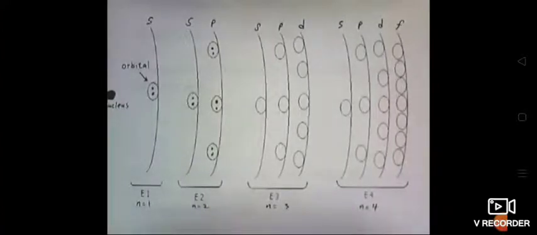So when you see that if n is 1 it contains only s orbital, if n is 2 it contains s and p, if n is 3 it contains SPD, if n is 4 it contains SPDF. If you see that in the first n only s orbital is there. How many electrons are there? 2 electrons. In the next energy level, n is 2, how many electrons are there? 6 electrons. 8 electrons should be there. Correct. Second, n equal to 2, contains 8 electrons.